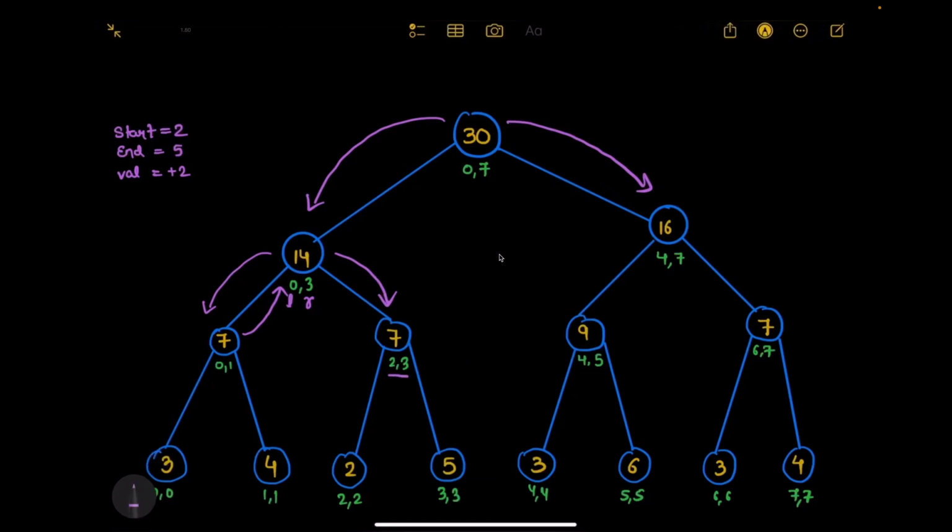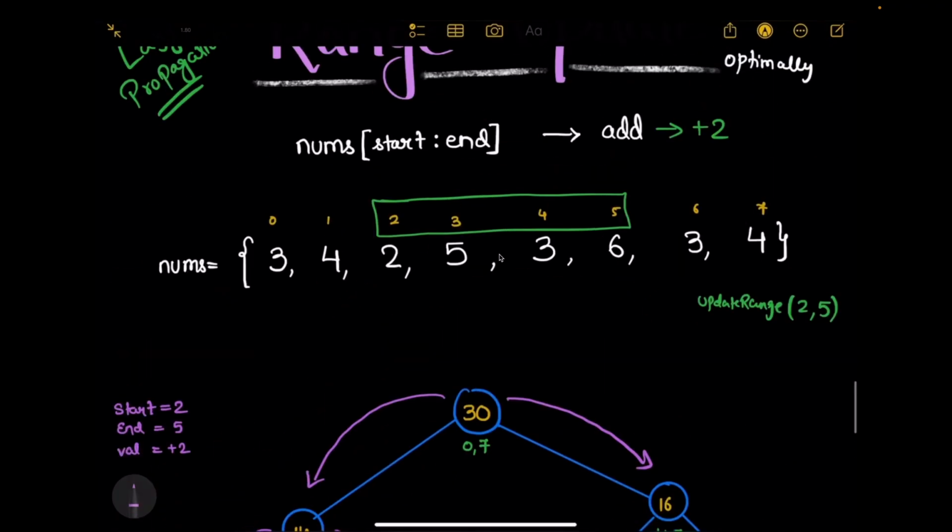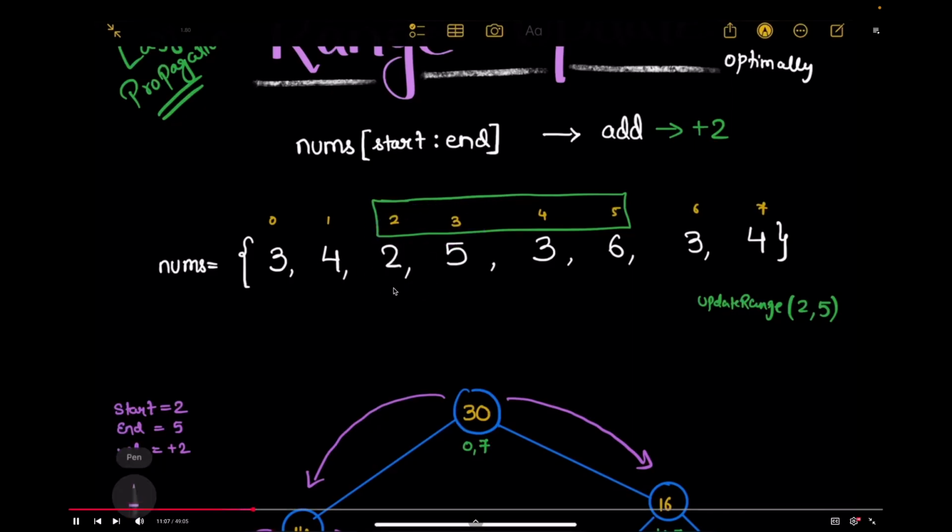3 को रिप्रेजेंट कर रहा है और हमारा जो प्रॉब्लम है वो क्या बोला गया, इंडेक्स नंबर 2 से 5 तक के एलिमेंट्स को आपको अपडेट मारना है। तो देख लो 2 से 3 जो इंडेक्स है वो एक्जैक्टली हमारे रेंज के अंदर है। 2 से 3 जो है वो इस ओवरऑल रेंज के अंदर है, जो हमारा क्वेरी रेंज था ना 2 से 5, उसके एक्जैक्टली अंदर है 2 से 3। इसका मतलब क्या होगा कि इन दोनों में हमें +2 करना होगा, राइट, इन दोनों में हमें +2 करना होगा।